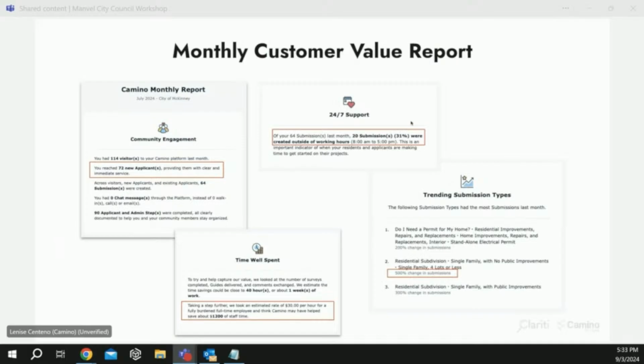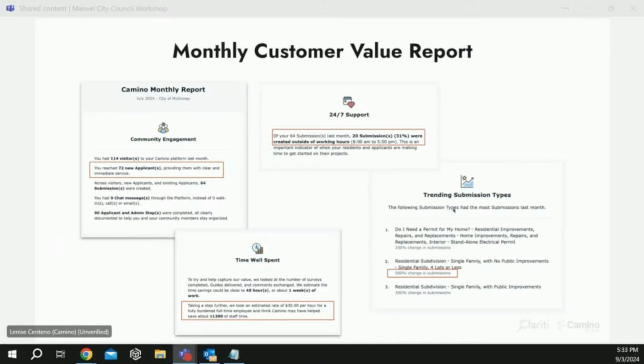Another thing is, this is where I talked about earlier, you can actually track the percentage of guides that were created outside of business hours. So you'll see with McKinney, 31% of guides created were outside of that 8 to 6 time frame. And so this is great, we can see that we're really expanding our services at the city.